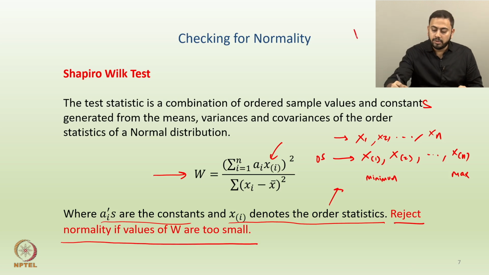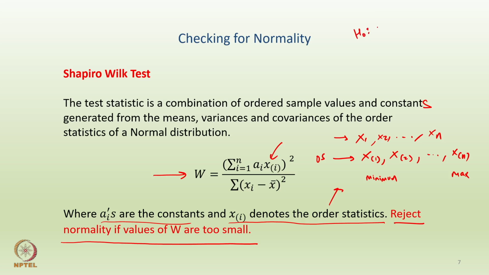So, for a Shapiro-Wilk, the hypotheses do not change. The null hypothesis is normality, whereas the alternative hypothesis is that the distribution is not normal, so non-normality, similar to Jarque-Bera. So, in this period one can choose a formal testing procedure to check if the underlying residuals are indeed normal or not.